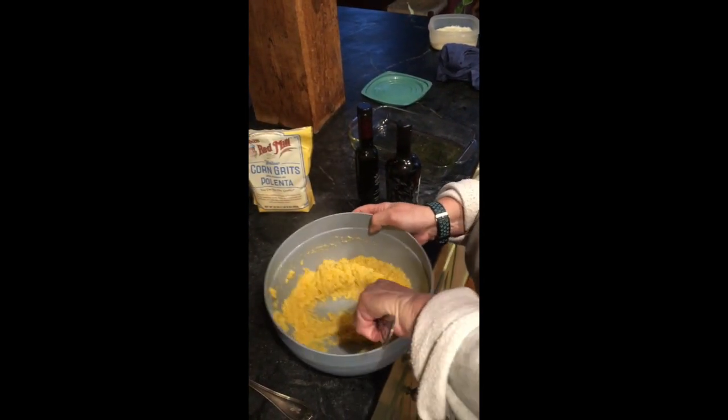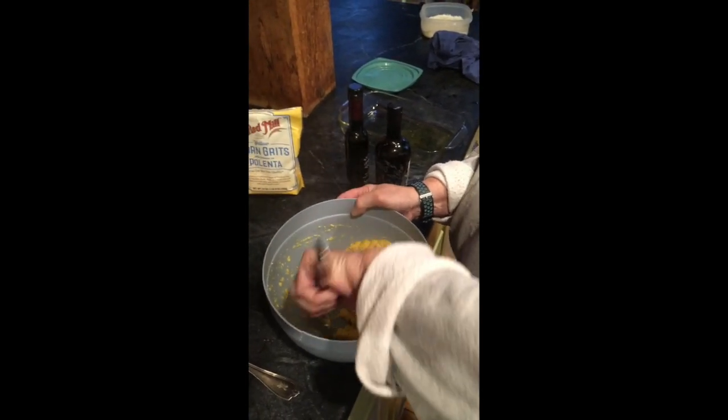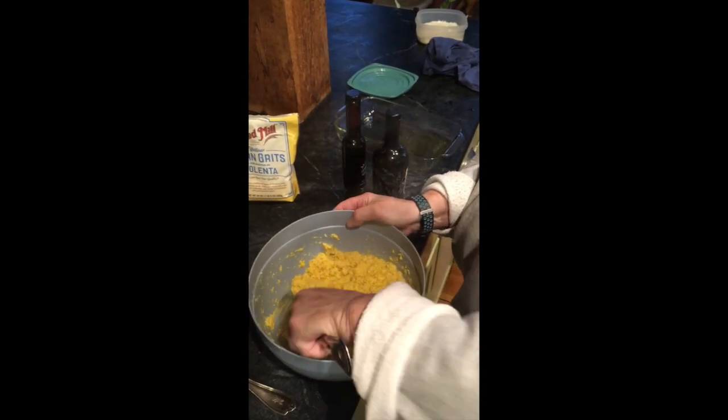And literally, this is like polenta. Polenta and the juice from that. But it has such an incredible flavor. You just want to make sure all the dry ingredients are mixed up. And then this is a small pan, and we put